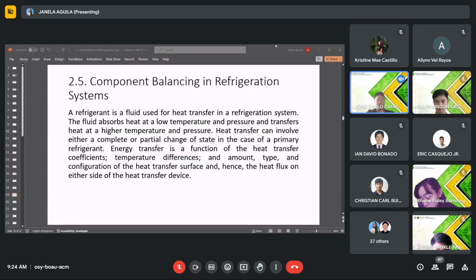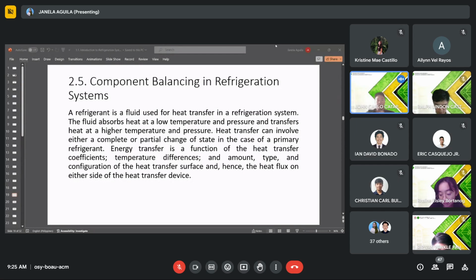So sinasabi dyan yung ating heat transfer coefficient. Siyempre, the higher heat coefficient meaning more efficient heat transfer. Sinabi din dyan yung temperature differences. The greater the temperature difference, the faster heat will transfer. Then the amount, type, and configuration of heat transfer surface. Siyempre kapag mas malaki ang ating surface area tapos yung materials pa na ginamit, siyempre may epekto ito sa rate